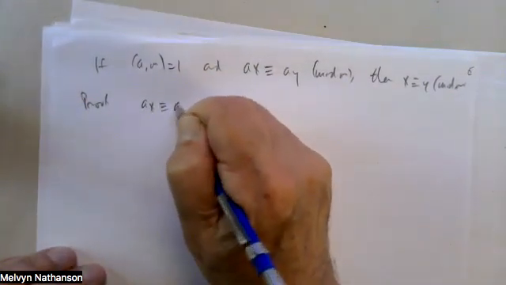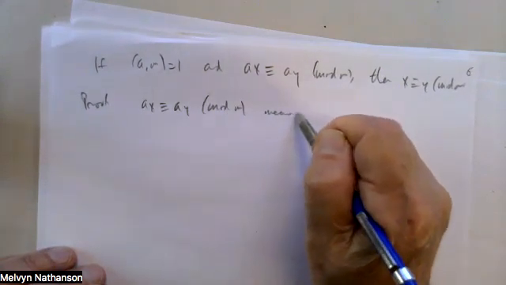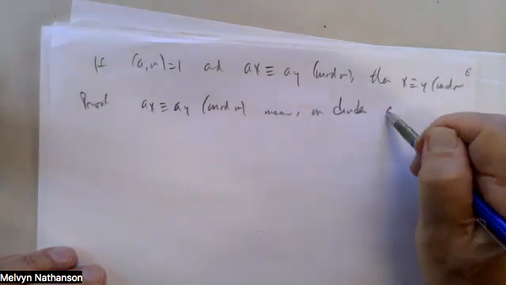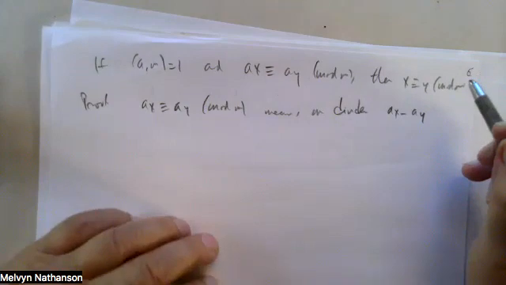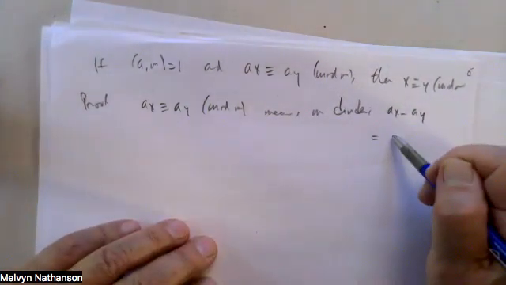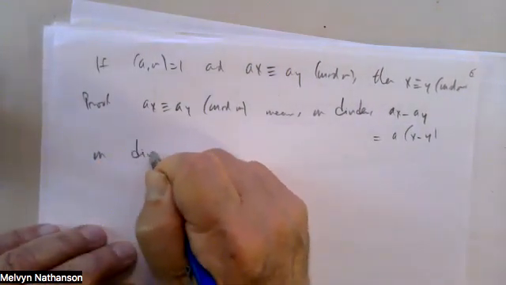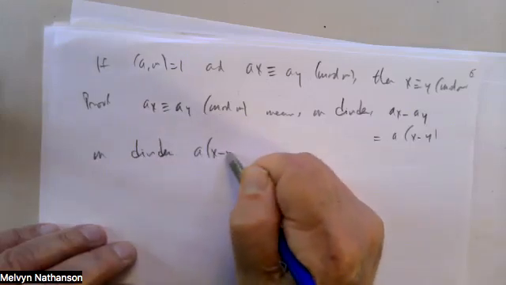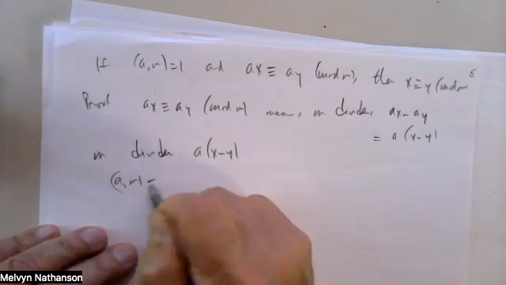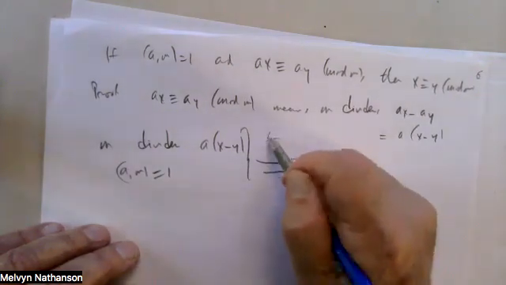if AX is congruent to AY mod M, it means M divides the difference, AX minus AY, which is equal to, factoring out the A, A times X minus Y. So M divides A times X minus Y, and A and M are relatively prime. So we put these two facts together again